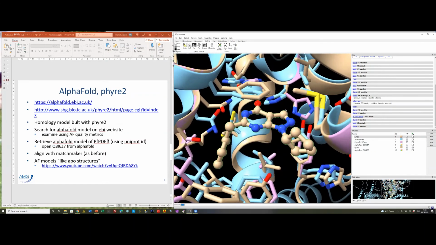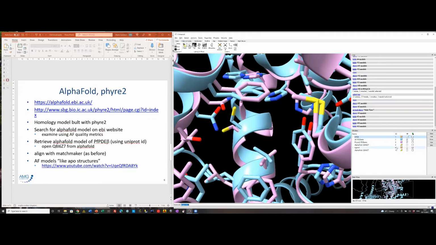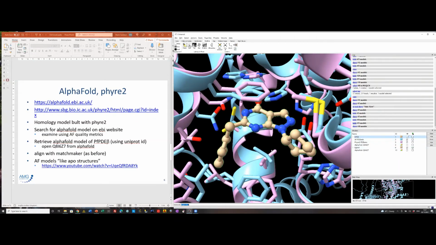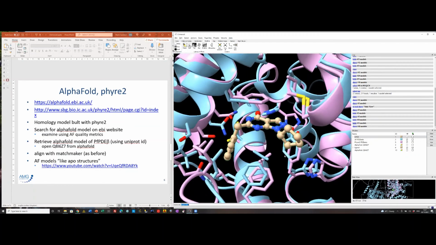One quite convenient way to view this in Chimera is actually to use the command morph, which shows you a kind of movie of one protein morphing conformation to another. So if we do morph 2 to 3, which are the two PDE beta models, one from AlphaFold and one from Fire2, then Chimera should give us a movie of that. I'll leave the ligand in from the human PDE structure. So I'll zoom out a bit so you can see the